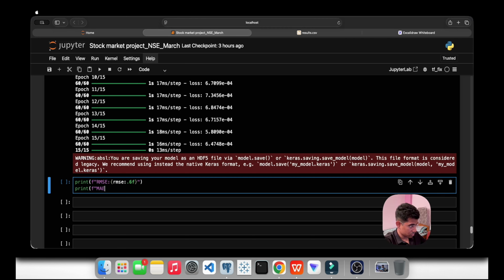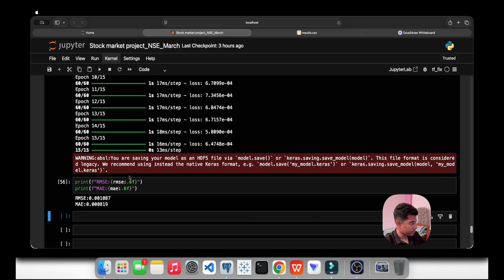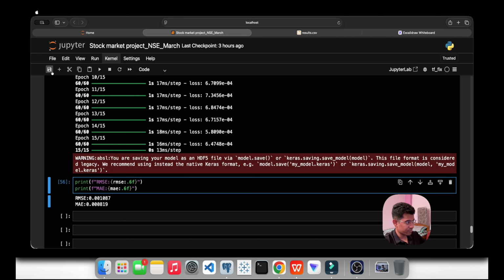So this is, oh sorry, for this, MAE, and this also 0.6f. ठीक है, let us print this. So RMSE, what we have found out, 0.001087 and 0.000819. ठीक है, this is the thing and we will save the file here. This is the additional thing, we are not doing anything extra here, that's it.